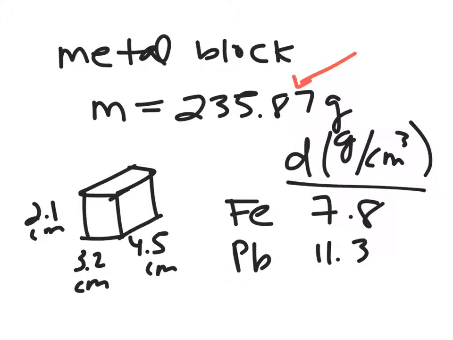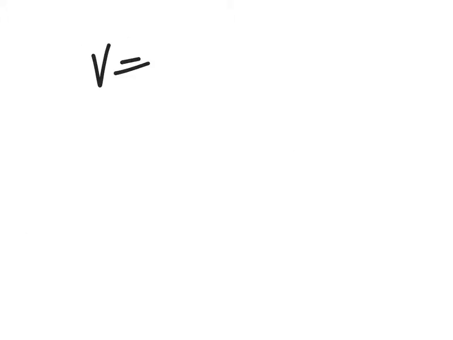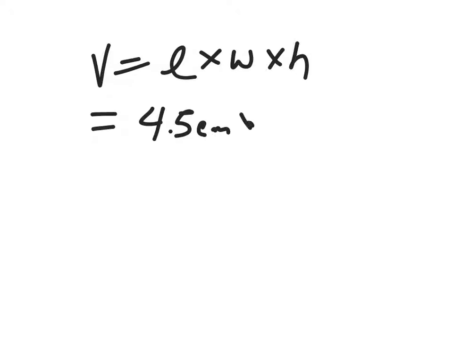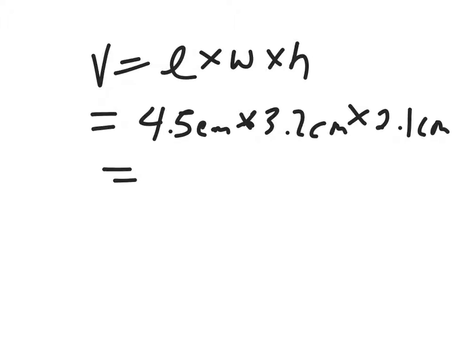And since I know its dimensions, I can calculate the volume. So the volume of a cube is length times width times height. So I could fill that in as 4.5 centimeters times 3.2 centimeters times 2.1 centimeters. And if I do that math, I get 30.24 centimeters cubed. Now, I haven't rounded yet because I don't like to round my answers until I get to the final calculation. So if you save your rounding till the end, then we'll round to the same spot based